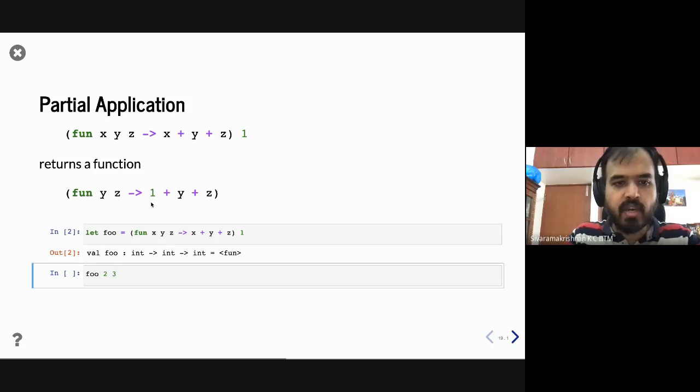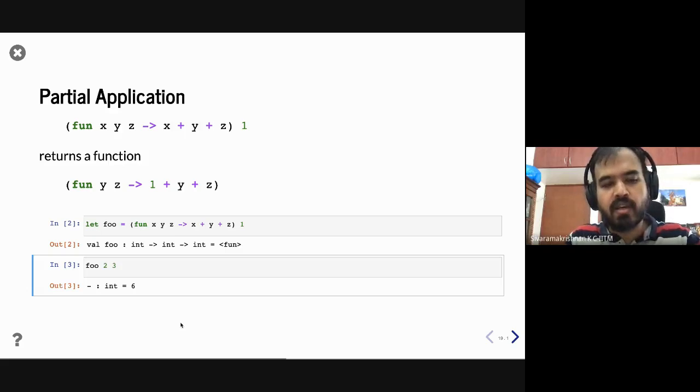So just to see how this works, foo now takes two arguments, right? Because you've applied the x argument, so it's a function that takes two arguments, and then returns the sum of the two arguments plus one. So the sum of the two arguments is 5, plus 1 is 6, right? So here it works as you would expect.